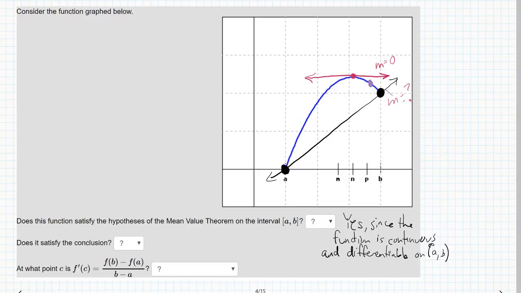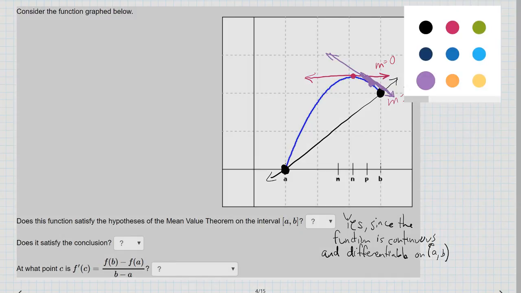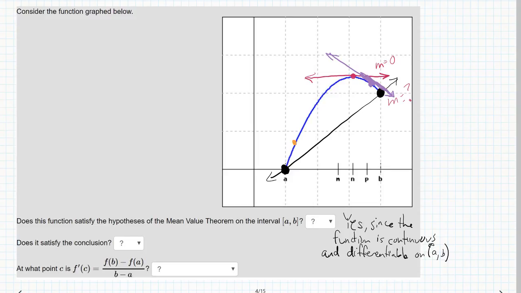Well, notice the slope of this thing. Oh, my line here isn't as good, but the slope of this one is decreasing. So I know that isn't going to work, right? So it has to be somewhere in this interval. And I'll even start in some earlier positions. We'll put in orange right here. Notice that's too steep, right, for this curve, for that tangent line. So that isn't going to work either. However,